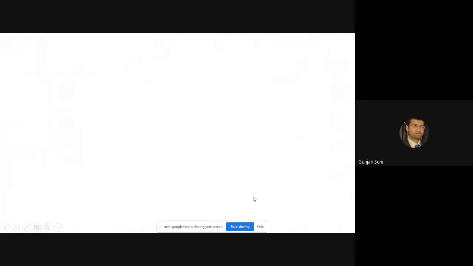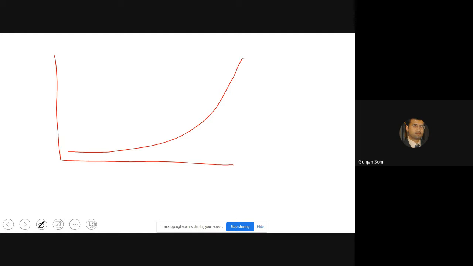Although we are digressing, anyway, I'll take 5 minutes. So let's say this is your exponentially distributed data. Okay, so can I not have a function for this? Will there be a function for it or not? Yes, Devansh, there's going to be a function with which I can make this curve. So let's say that function is 1 minus e raised to power minus lambda x. So let's say this function is representing your exponential curve.